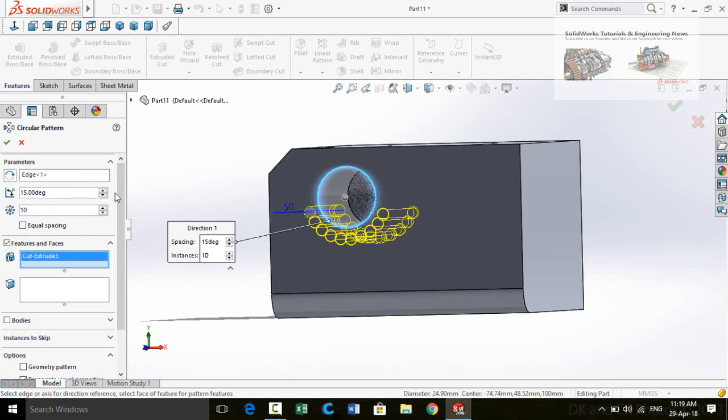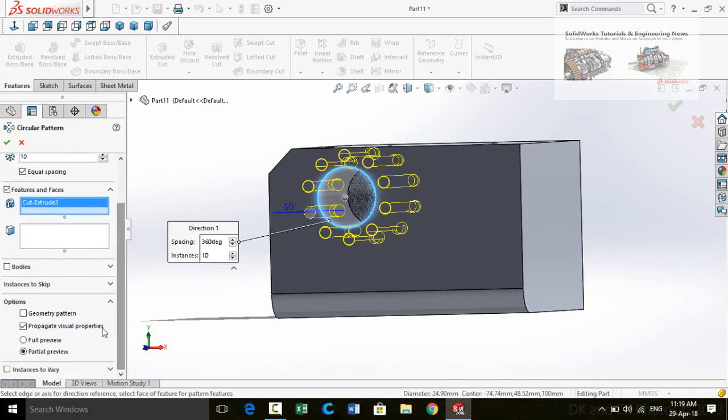Here is the angle between the instances. You can also increase or decrease it. If you check this box equal spacing, then it will be automatically divided to 360 degree. Scroll down and here we have also instances to vary option and instances to skip option. You can use them. Press OK button to apply this command.